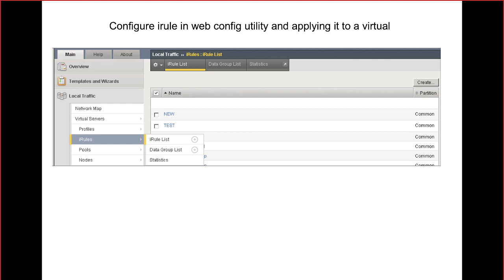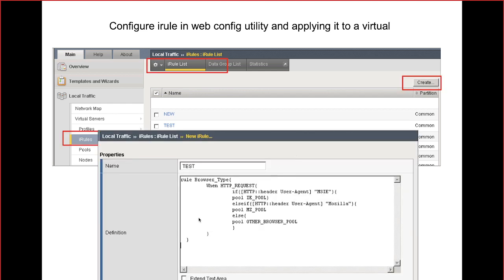Now you can install this on a Windows machine, and then you can connect to your F5 devices from a central location. You will be able to push the scripts to all of the devices also. I think I'll have the URL. I'll share it across. See, now what is happening? Can somebody tell me? The same syntax, whatever we have seen. On the received HTTP request, if you see the user agent as MSIE, then the request is going to be forwarded to IE pool. If you see Mozilla as the user agent, then the request is going to be forwarded to MZ pool. If none of these two conditions are matching, then the request is going to be forwarded to a different pool named other browser pool.